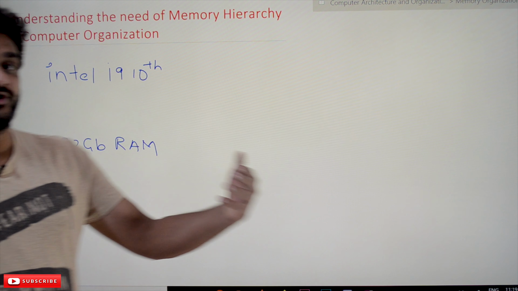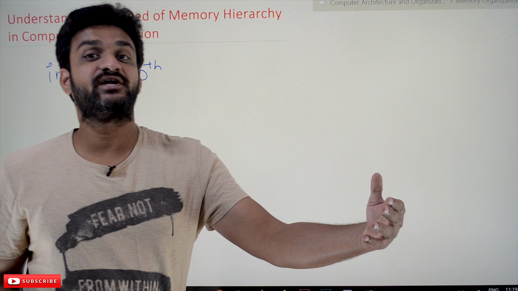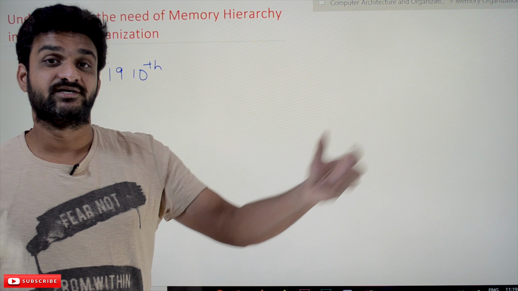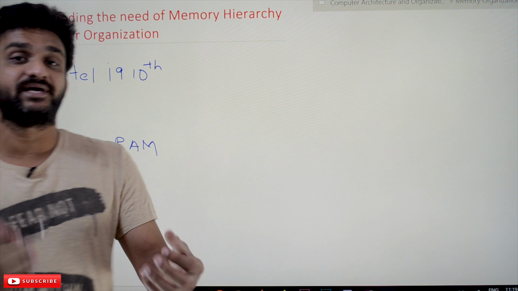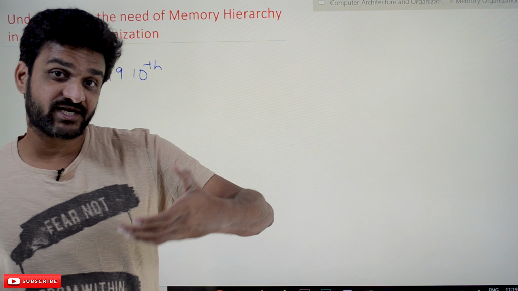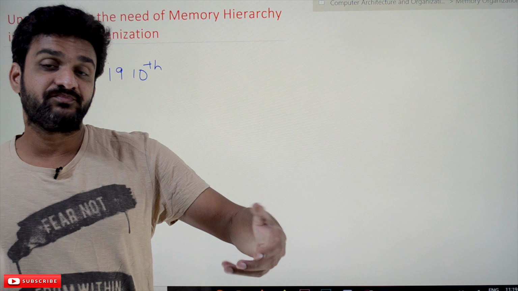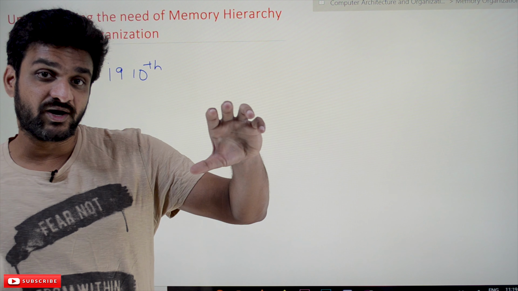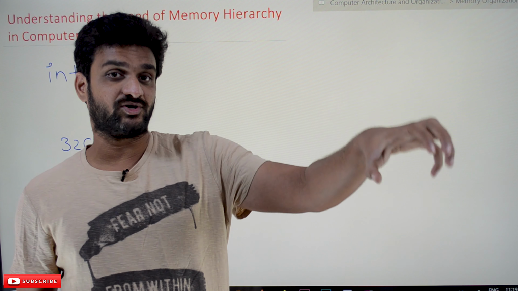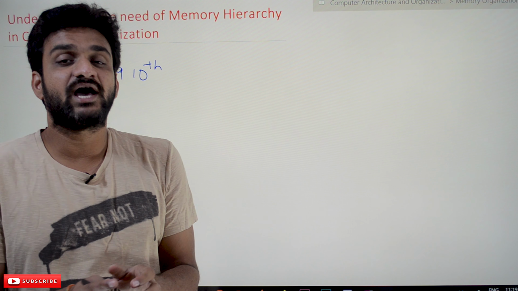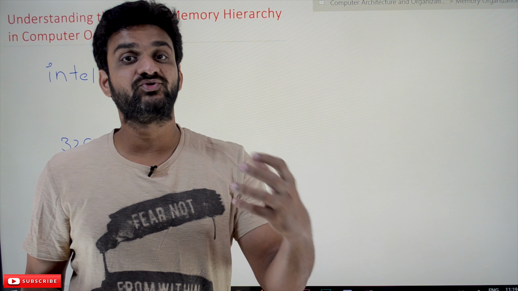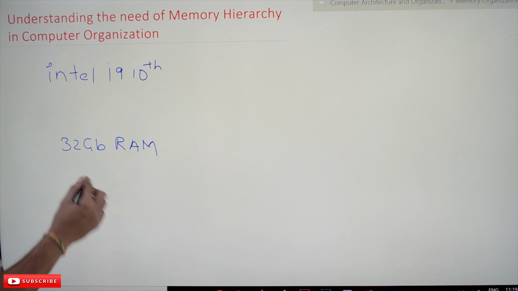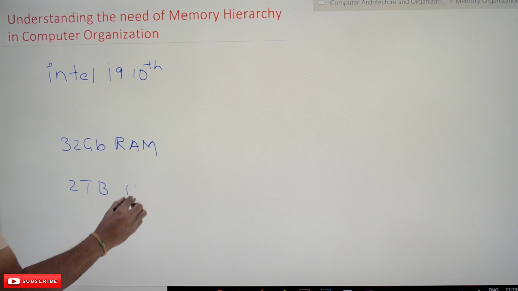And next, what are we going to decide? We are going to decide the hard disk. We would like to have a bigger hard disk so that the maximum applications and the data that we need to store onto the computer can be stored. In order to store larger applications onto the hard disk, we would like to have a bigger size hard disk. Let's assume that it is a 2 TB hard disk. We have decided that our computer should have a 2 TB hard disk.